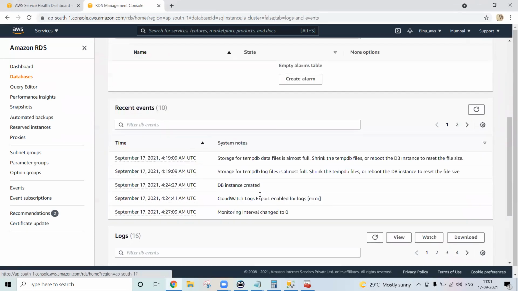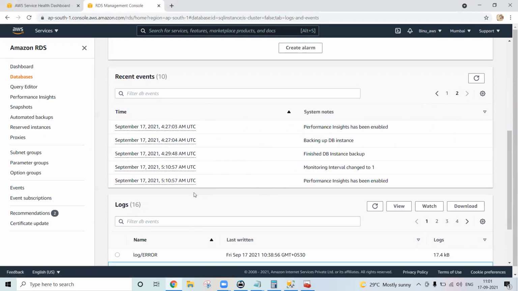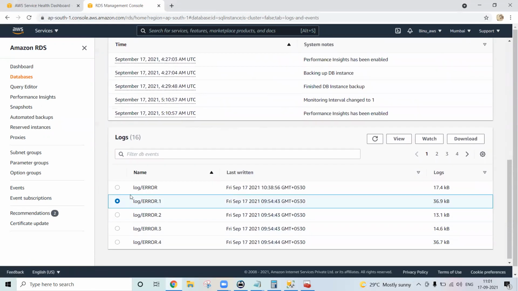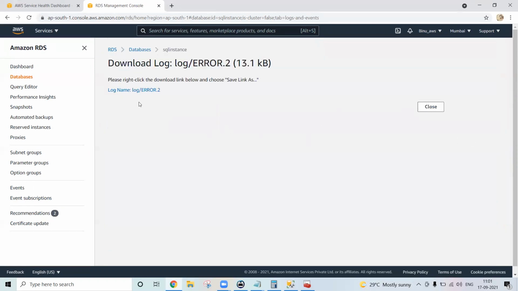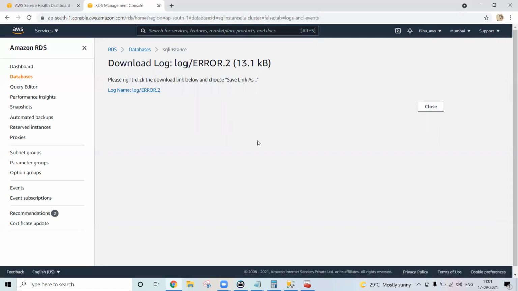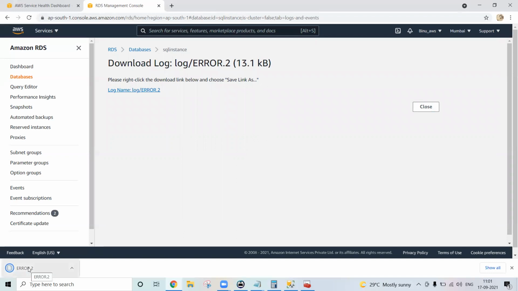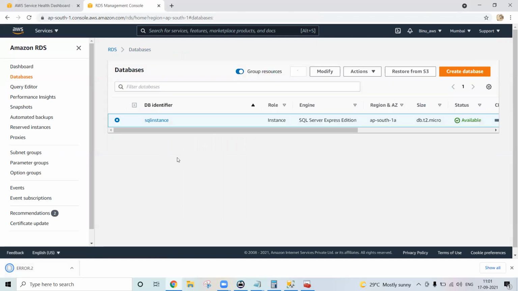These are the current logs. But for the past logs, we can get them just below that. Let's say I want to check the log from a particular time, simply click here and you can reach it. You can even download it, right click the download link and save link as. So this is the log we can refer to for any error on SQL Server, like we see the error log on our on-premises instance.